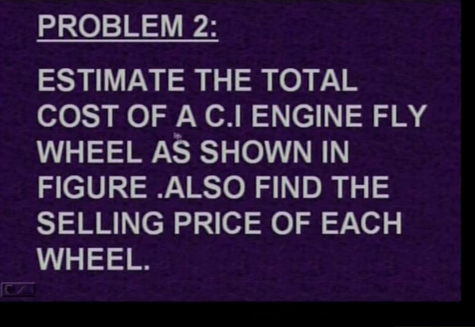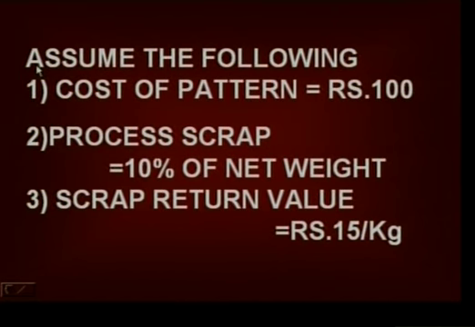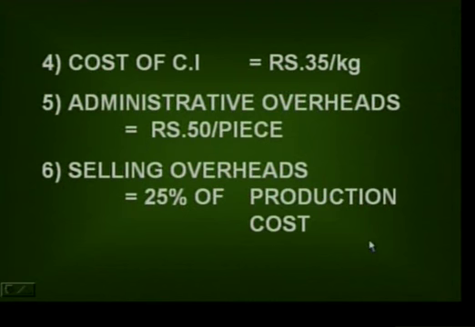Now, the second problem, estimate the total cost of a CI engine flywheel. CI engine means compression ignition engine, that means diesel engine. For the engine flywheel shown in the figure, we have to find out the selling price of each wheel. For finding the price, we have to assume the following data: cost of pattern is 100 rupees, process scrap is 10% of net weight of material,